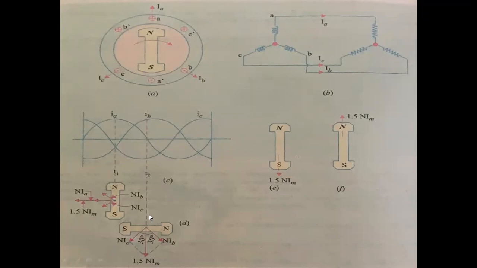And for lagging load of 0 power factor, all the currents are delayed by 90 degrees in time, and armature MMF will be shifted by 90 degrees with respect to the poles, like in figure E. So armature MMF will be demagnetizing the poles and it causes a reduction in the induced EMF. So there will be a reduction in the terminal voltage automatically.